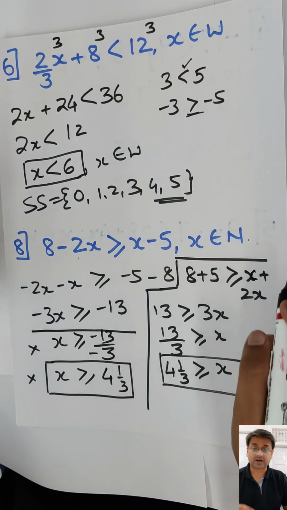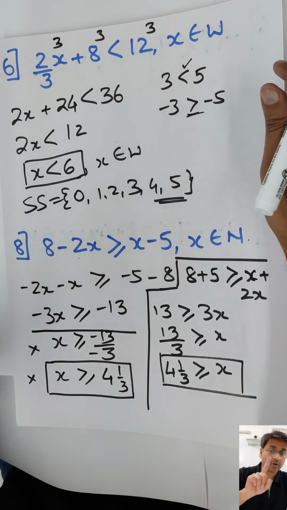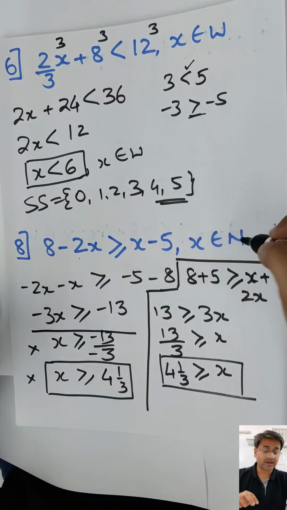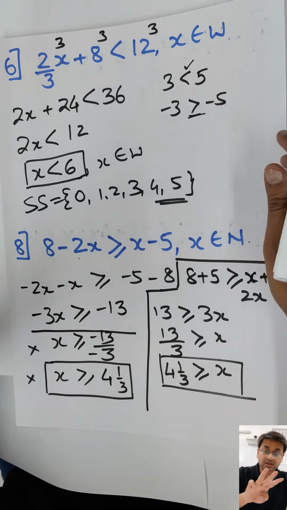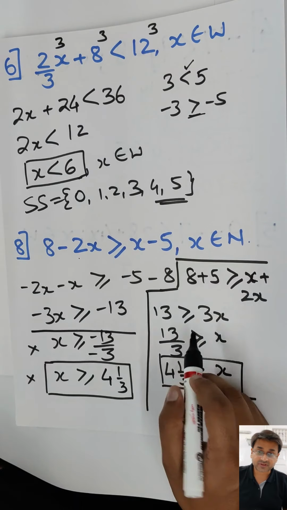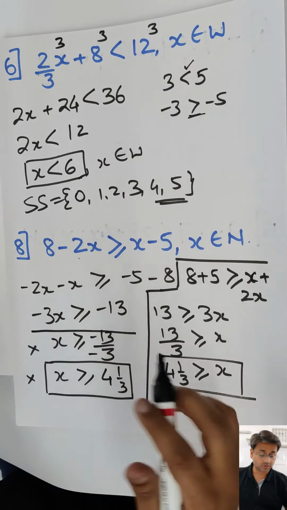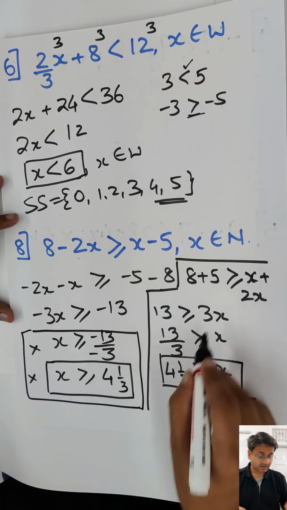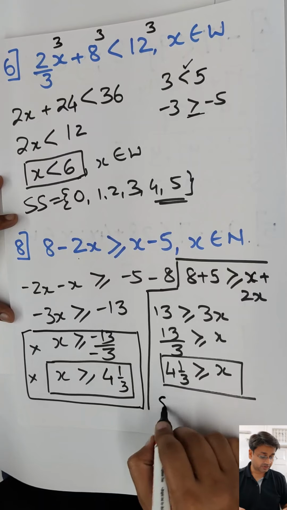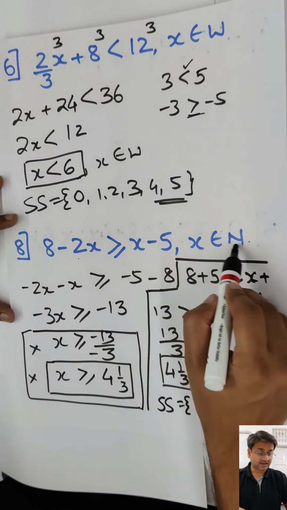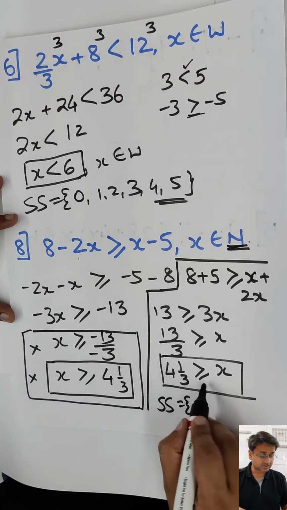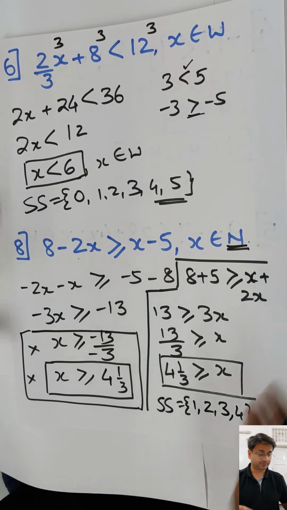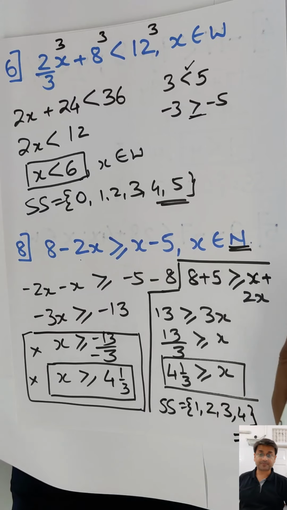So you need to be smart enough. So I told you only 3 things you have to remember. 1 is these signs. 2 is W, N, I and R. And 3, take x on the positive side. If you know this very well, you will never go wrong. So this is absolutely wrong. This part you need to ignore. This is the correct version. So therefore the solution set. They said x belongs to natural and x is smaller than or equal to 4 something. So it starts from 1, 2, 3 and 4. This is what your answer should be.